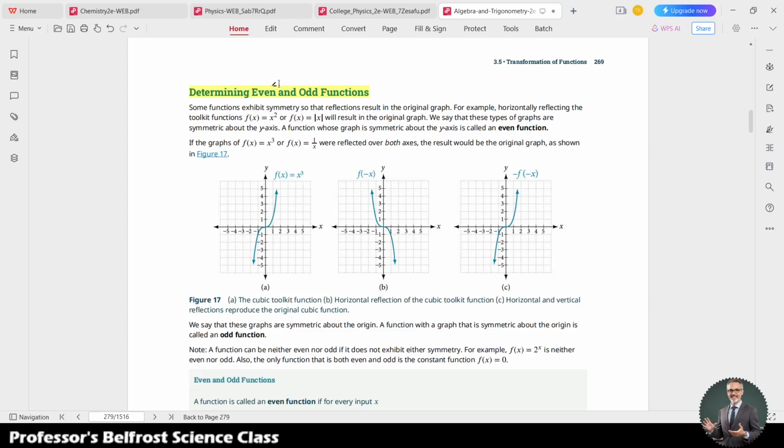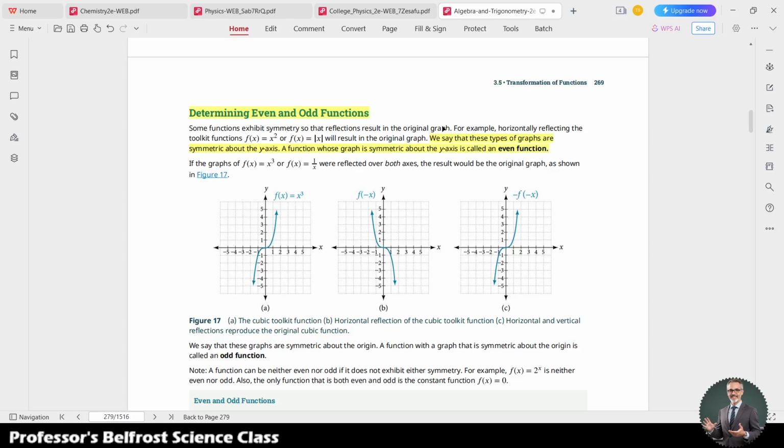Okay. So some functions exhibit symmetry, so their reflections result in the original graph. For example, horizontally reflecting the toolkit function f(x) equals x squared or f(x) equals absolute x will result in the original graph. And we say that these types of graphs are symmetric about the y-axis and it is called an even function. Okay, so the y-axis is symmetric. Okay, so this is